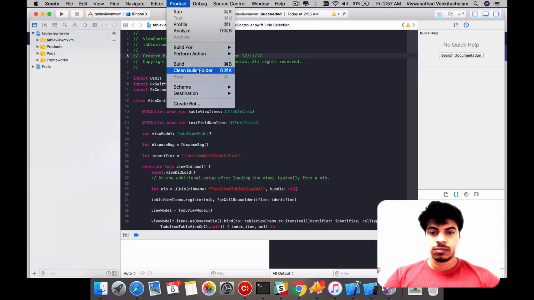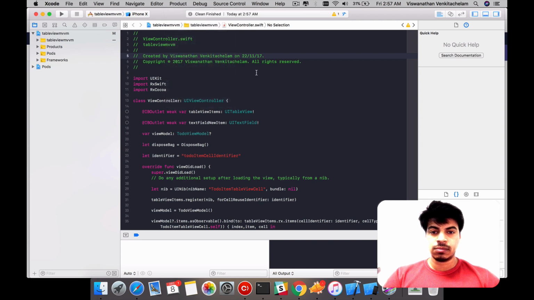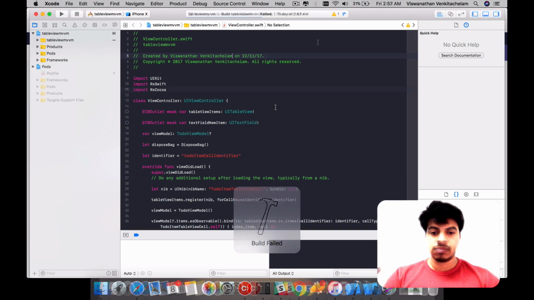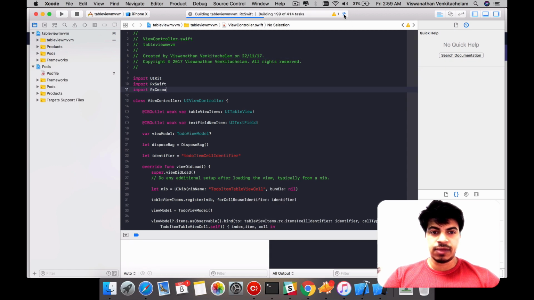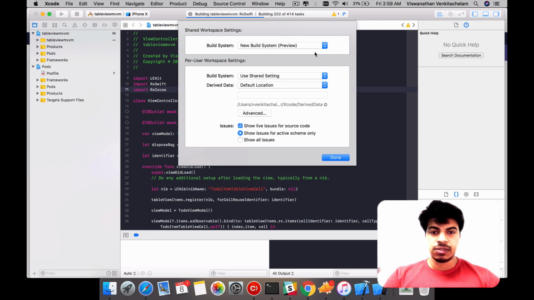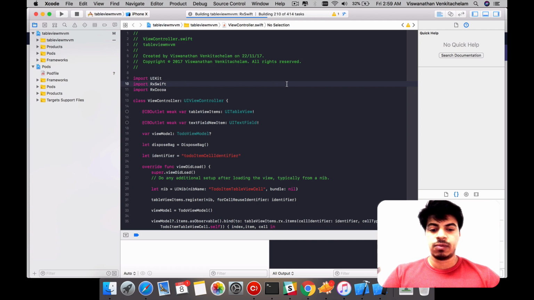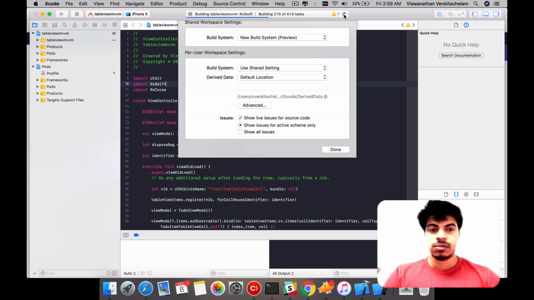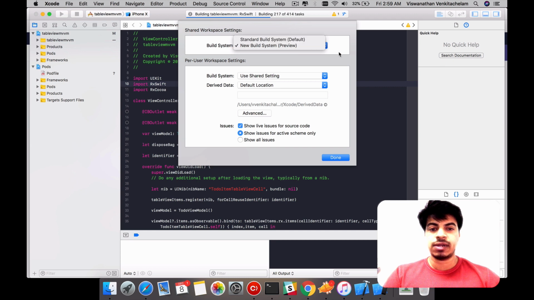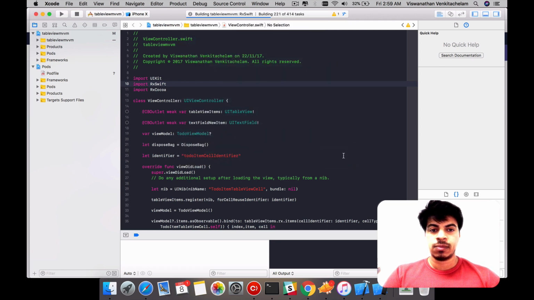And do a clean build. And by the way, I'm using the new build system of Xcode 9, which as per Apple will improve your building speed way better than what it used to be before. So this is something which you can check out. The new build system, by default, will be the standard build system. As the build is complete and successful, let's go to